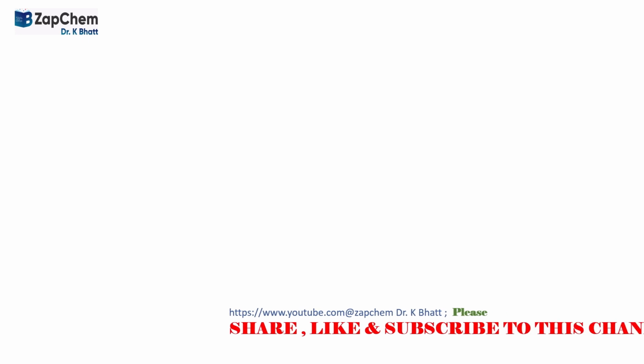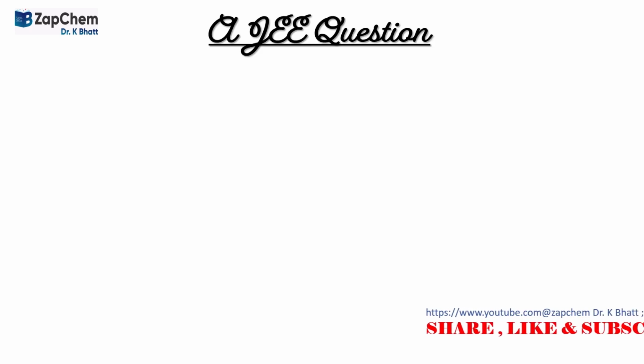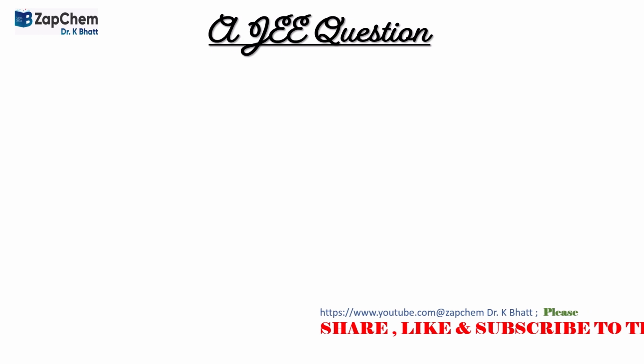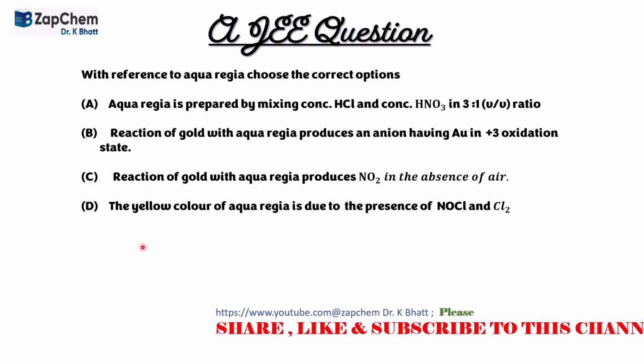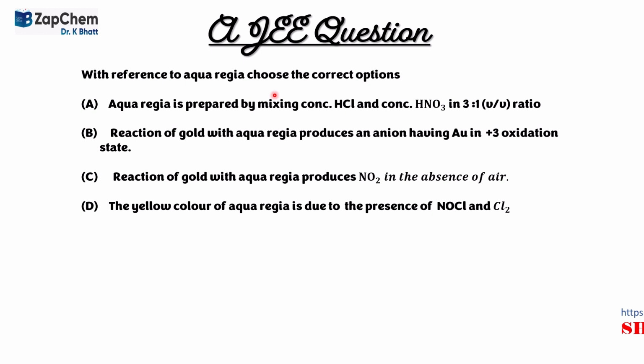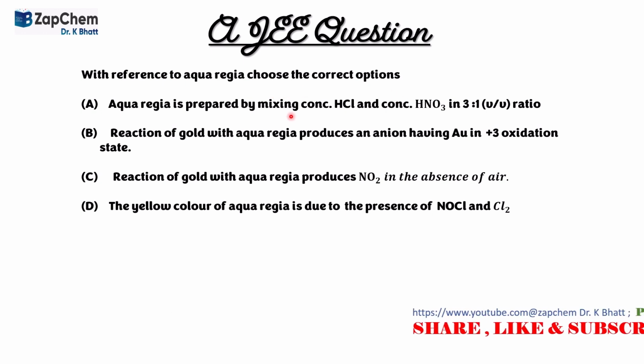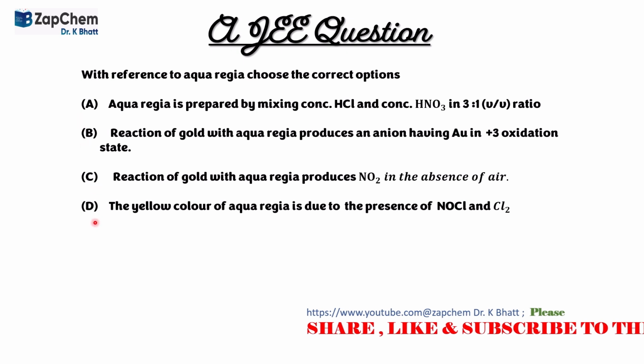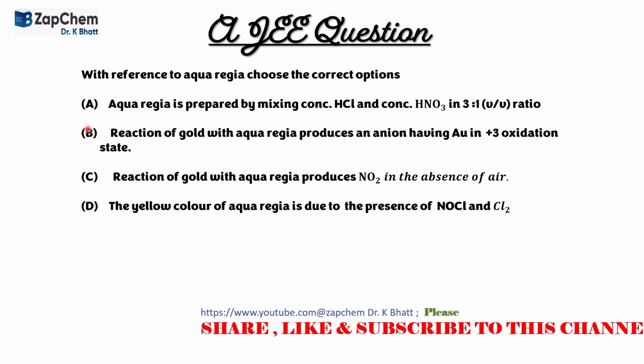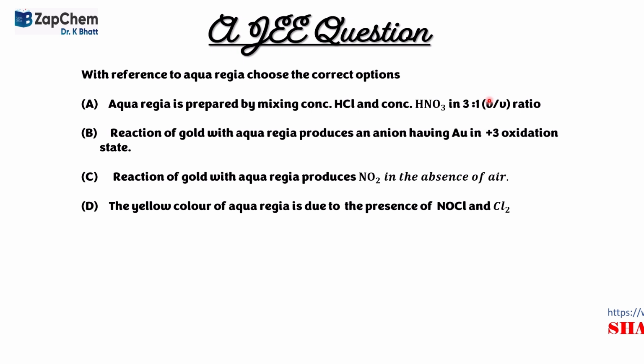Here is a simple JEE question, MCQ type, more than one option correct. And the question is related to certain characteristics of aqua regia. Of course, the question is, with reference to aqua regia, choose the correct options. And as usual, 4 options are given, A, B, C, D, and we have to analyze each option and select